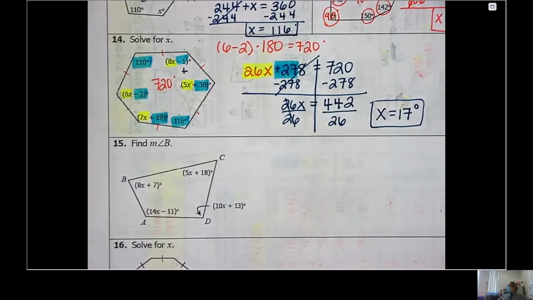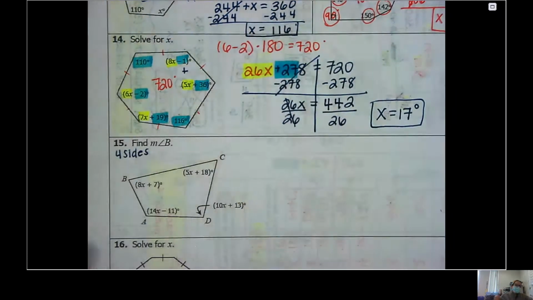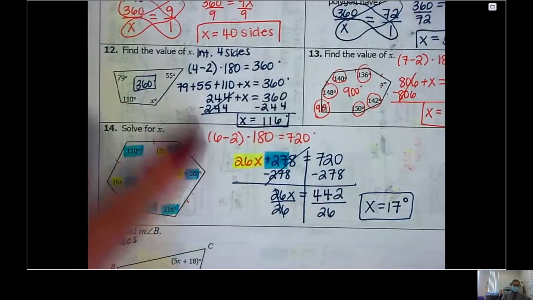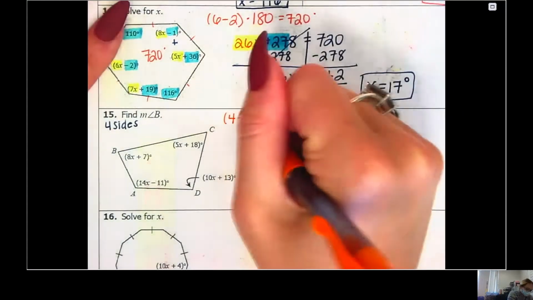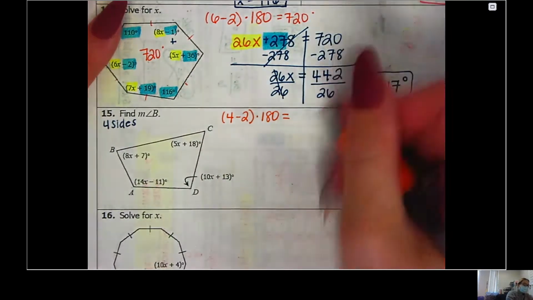All right, let's try 15. It's exactly the same thing. Nothing's changed. First thing is, how many sides does this have? 4 sides. Okay, so knowing that, how do I figure out the total amount on the inside? We've done the same thing every time, friends. What is it? 4 minus 2 times 180. Good. So that's really 2 times 180, which is